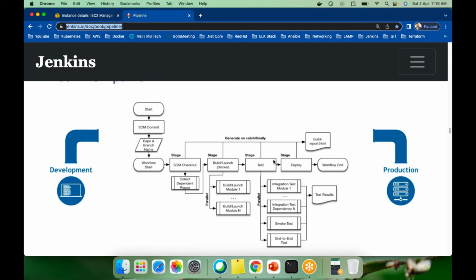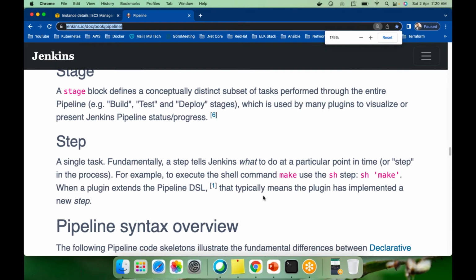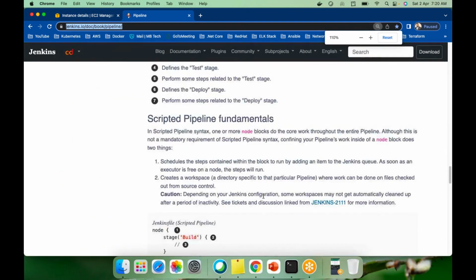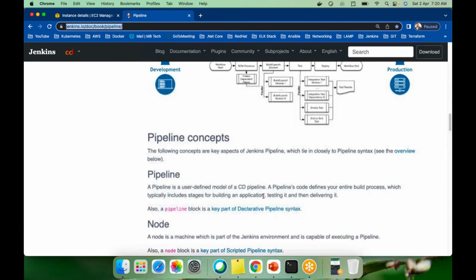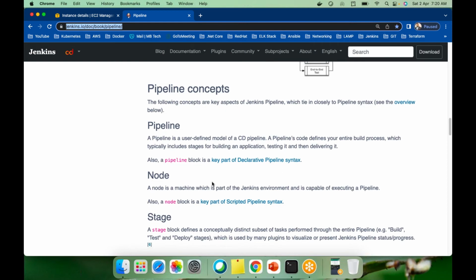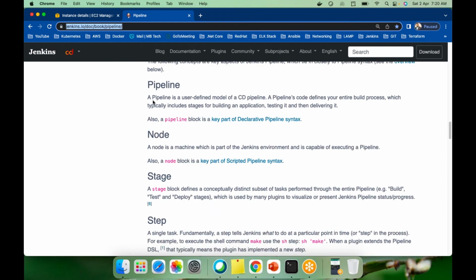You can see here the different stages. In the stages, you can do parallel testing also: integration testing, integration smoke, end-to-end test. You can do these in parallel. All these things, whatever we are seeing currently in the diagram, we are going to do. Now if you see here the pipeline concepts, there are only these four things you